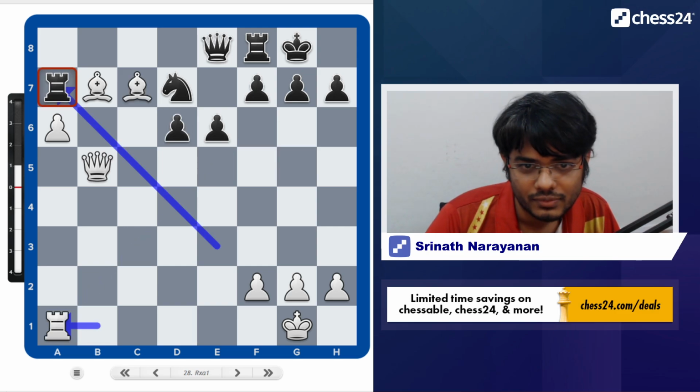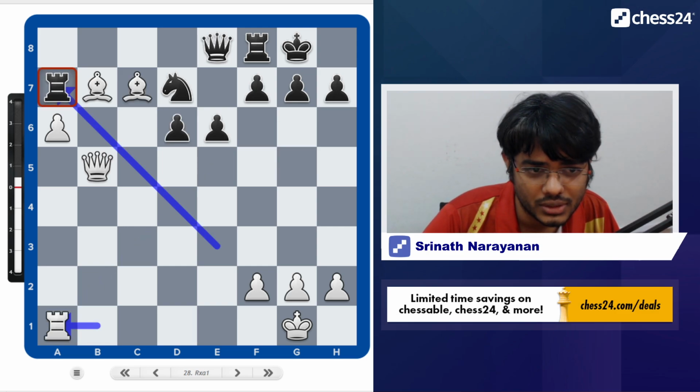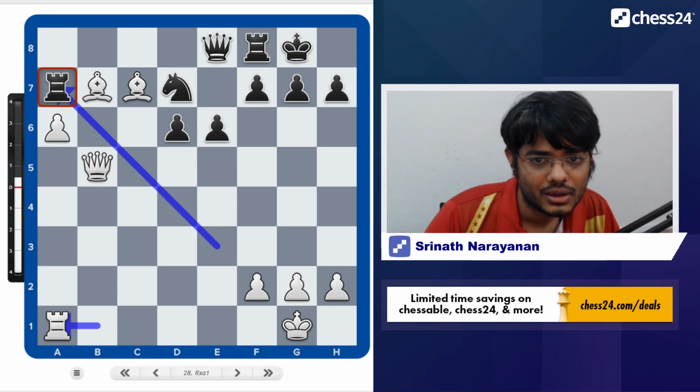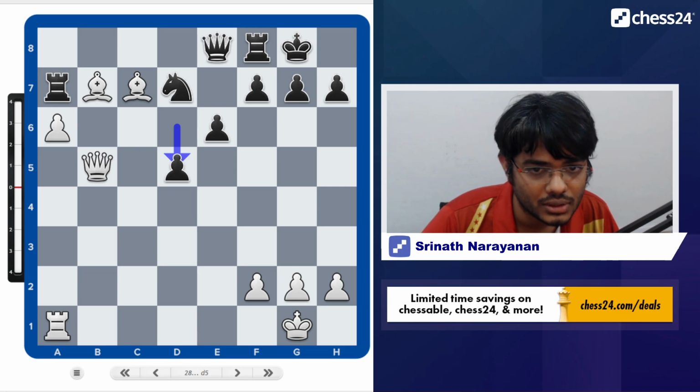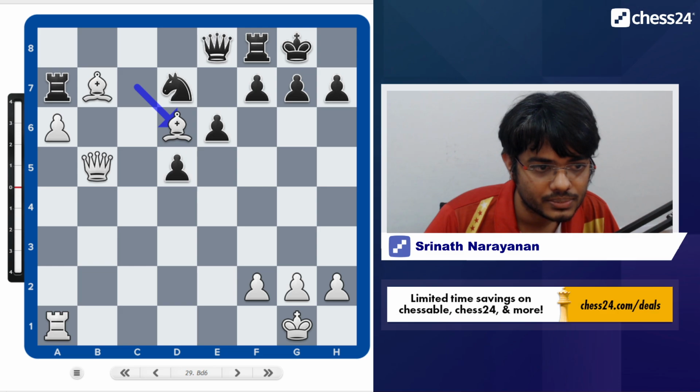But after rook a1, which was maybe the only inaccuracy Jordan did in this whole game, Niels responded with d5, and after this he never got another chance. Bishop d6, trapping this rook. So the rook has no square, and the rook on a7 is anyway trapped, and white can also capture it with the queen, with some queen b6 later in the game.